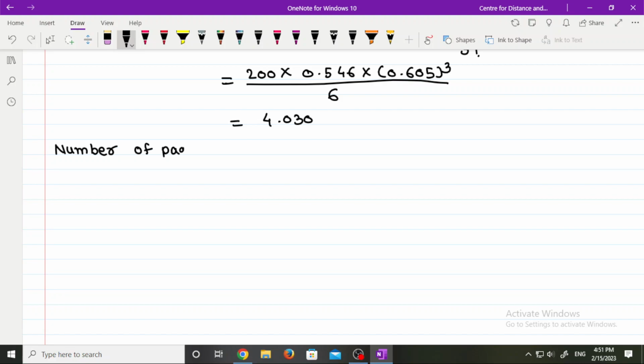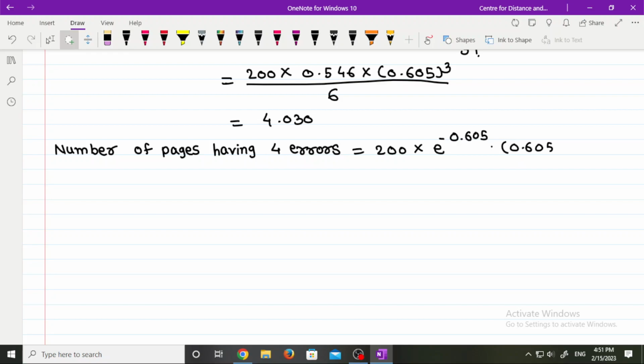Here the value of x is equal to 4, which is equal to 200 into e raised to minus m, that is 0.605 into m raised to x, that is 0.605 into the value of x is 4, divided by x factorial, that is 4 factorial, which is equal to